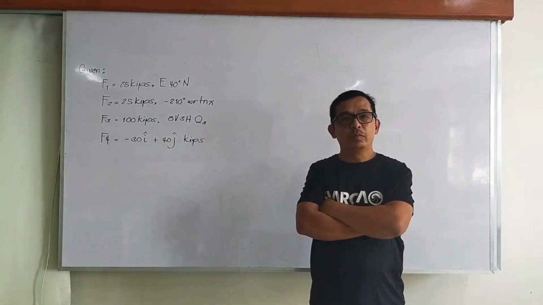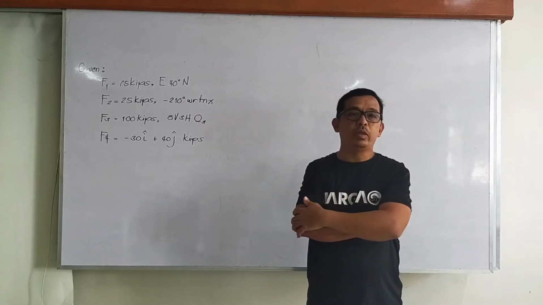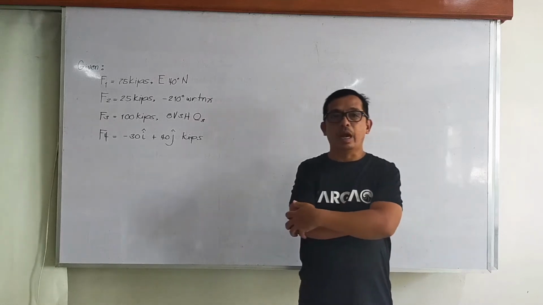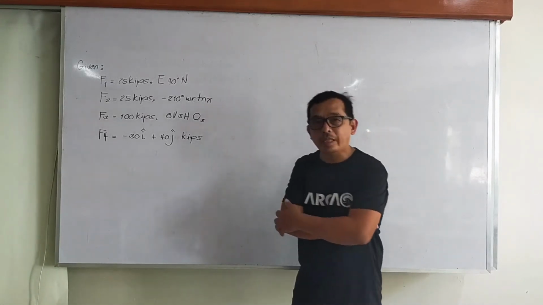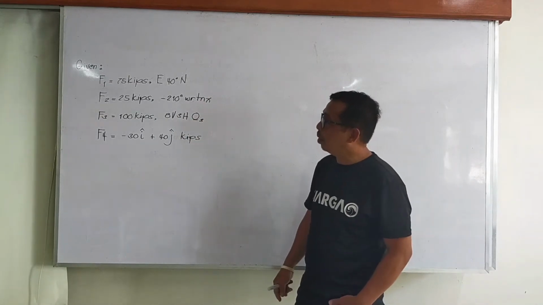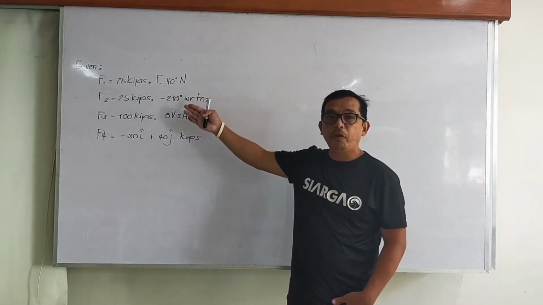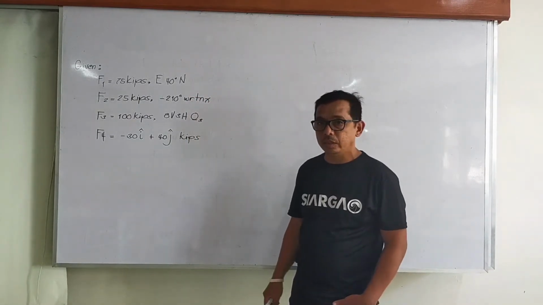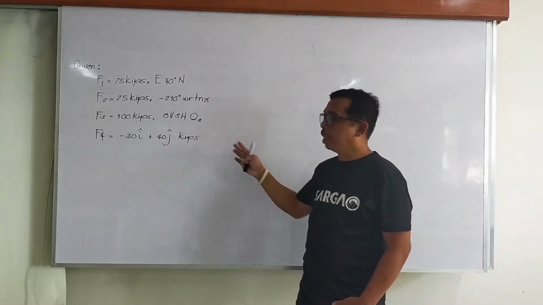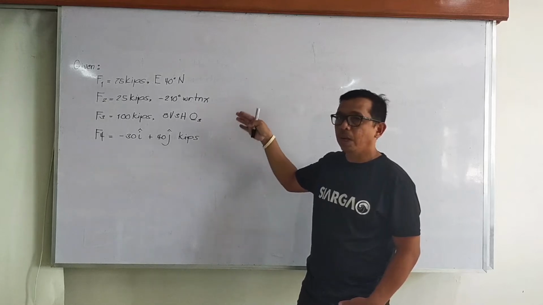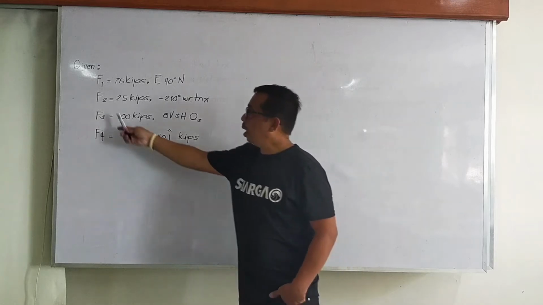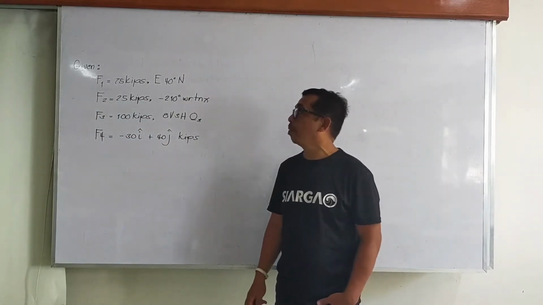So, to continue our discussion for vectors, let us have as our example yung data na meron tayo on board. So, for example, we have been provided with 4 different vectors. And you will notice na they are given in such a way na wala silang uniformity. Allow me to read it first. For example, ang ating F1 ay 75 kips